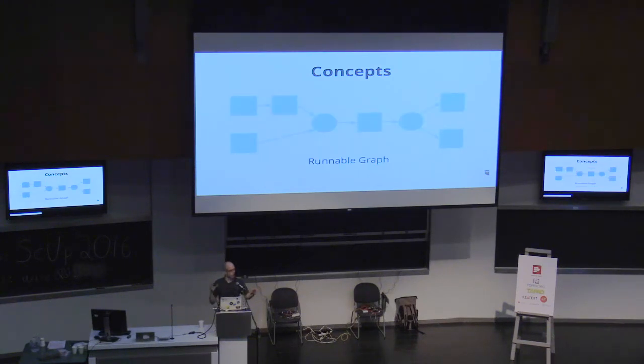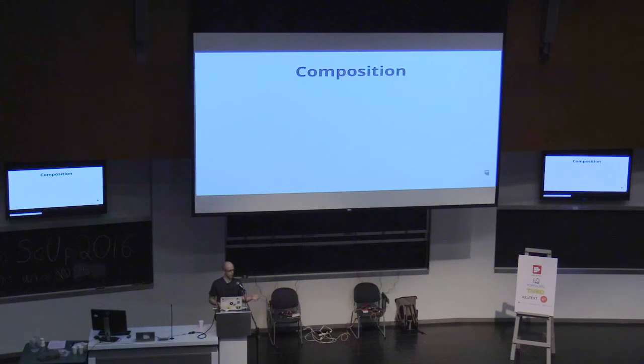Once a topology has no exposed inputs or outputs, it's called a runnable graph and can actually be run. So processing stages are immutable. They're just a description of what to do. They can be reused and composed together, just like functions. So anything that has the shape of a source is a source. Anything that has the shape of a sink is a sink. And anything that has the shape of a flow is a flow, no matter what it actually looks like inside.